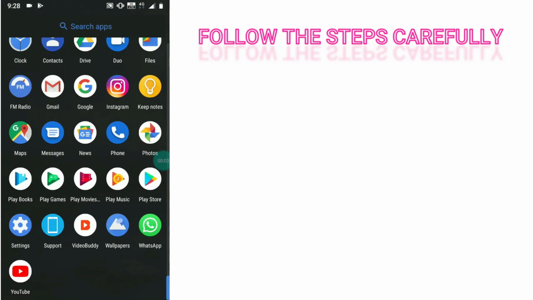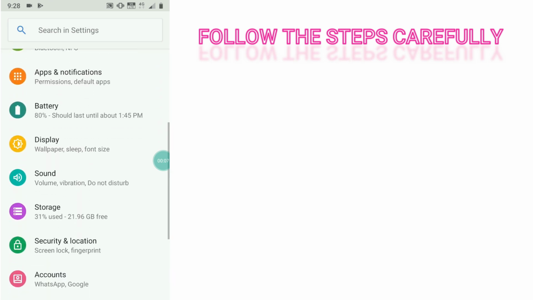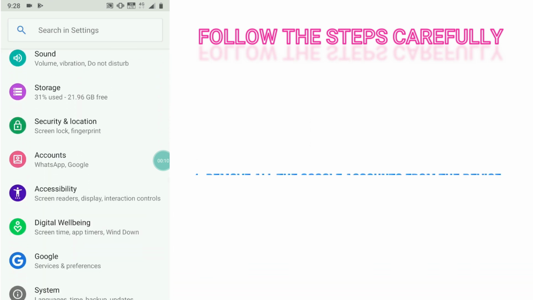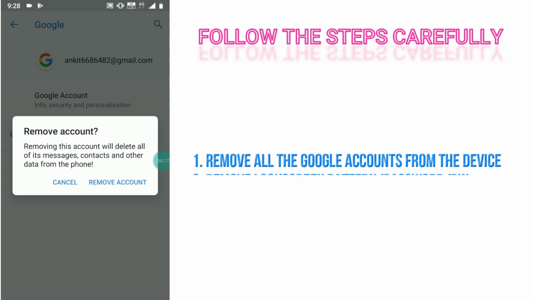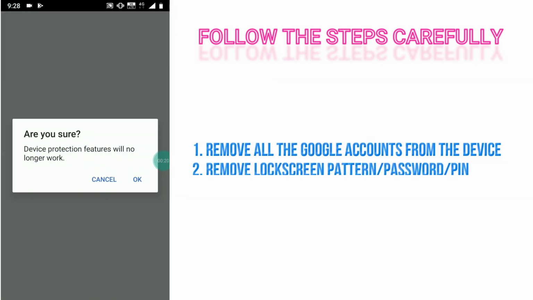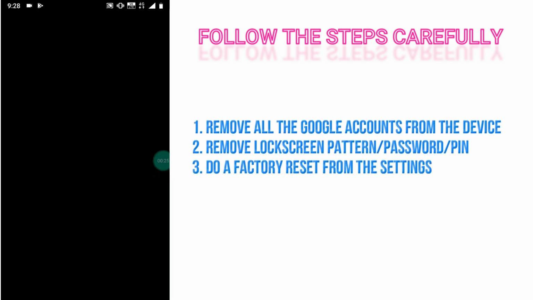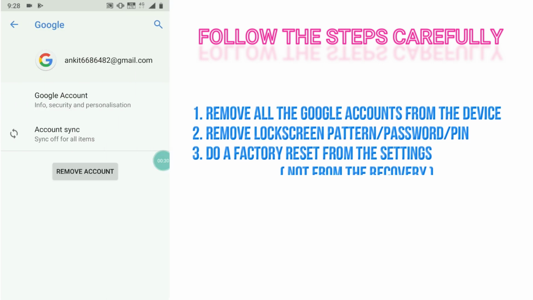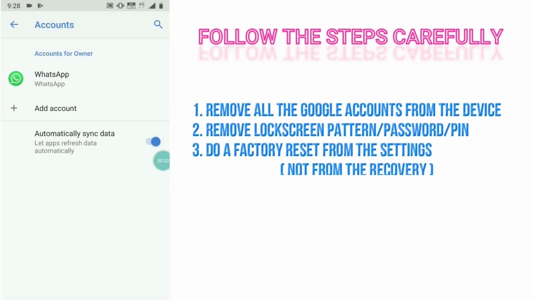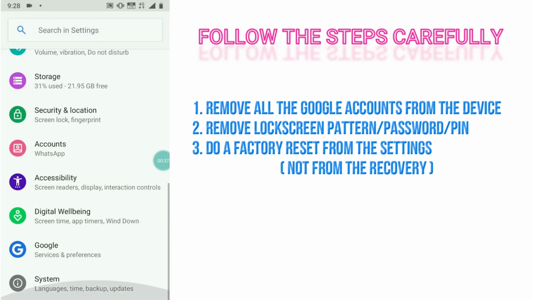So first of all, you have to go to settings. When you go to settings, you have to remove all your accounts. You have to remove Google accounts. Let me remove this account. Okay, done. I have to give the pattern, confirm the pattern. Remove account, remove, done. So you can see that the Google account is now removed, and also you have to